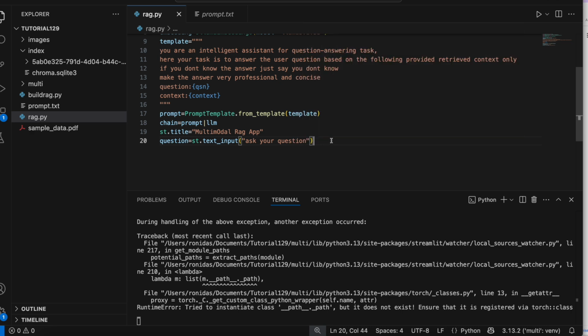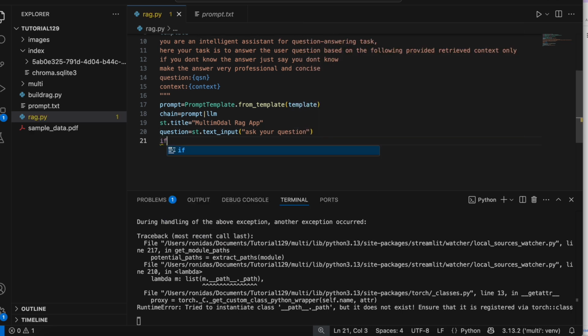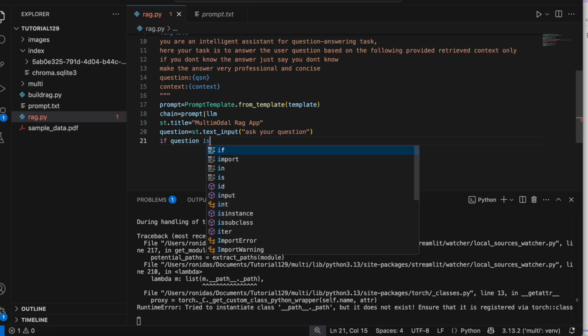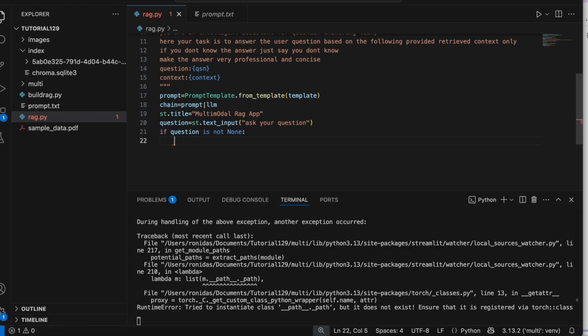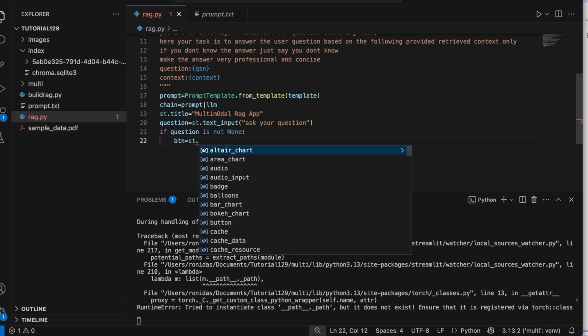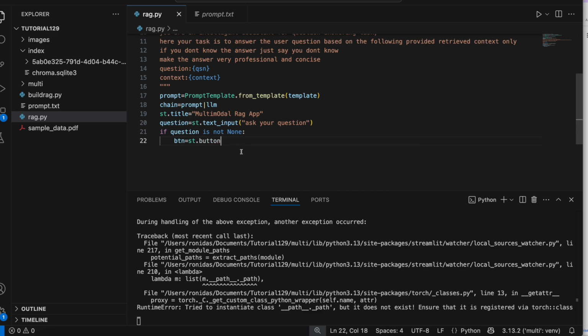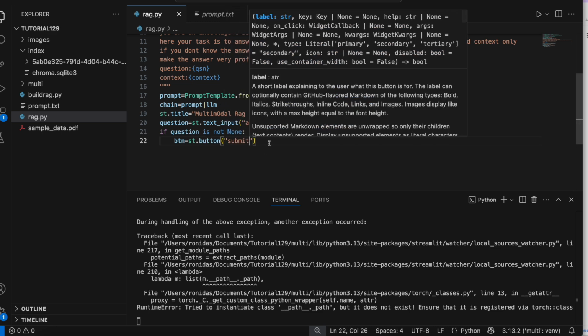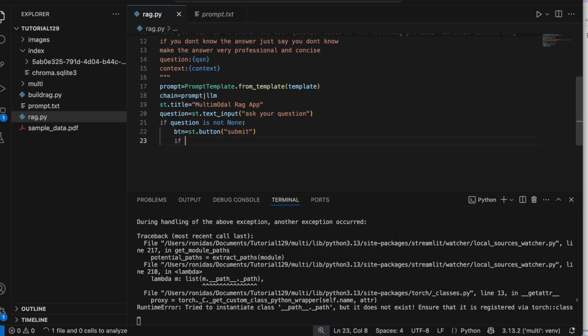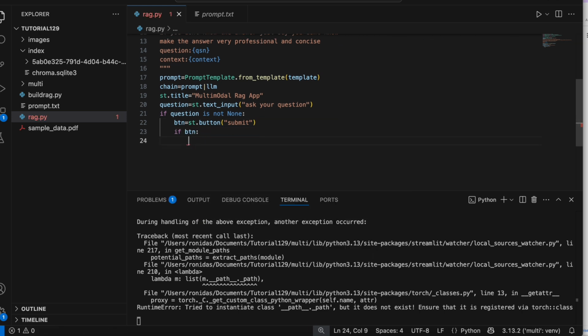Now if question is not None, then we'll initiate a button, st.button equals submit. If button, then what will happen,